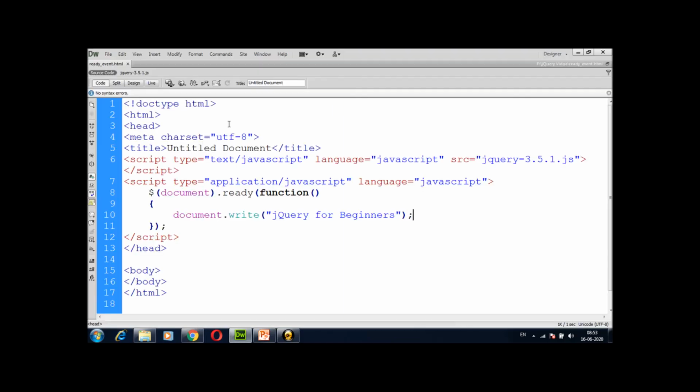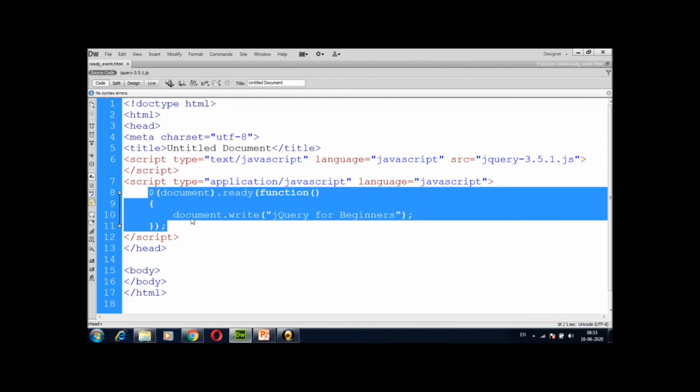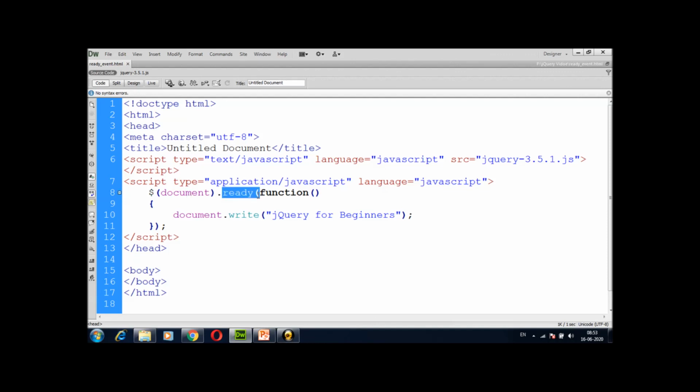See, I get the output on the browser: jQuery for beginners. That means this supportive file is managing my jQuery and the ready function is working properly and printing the statement which I have written inside the ready document.